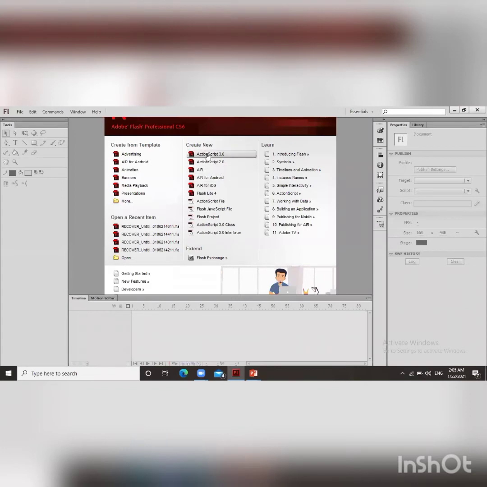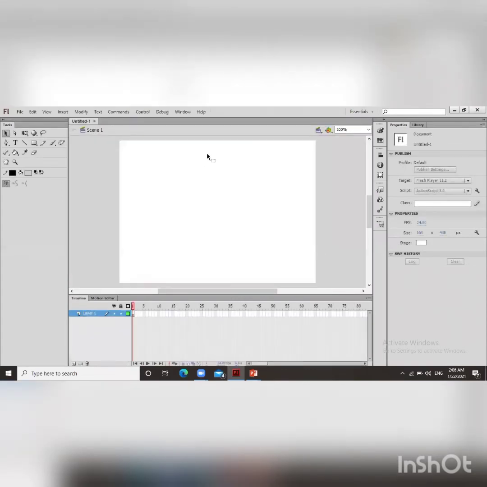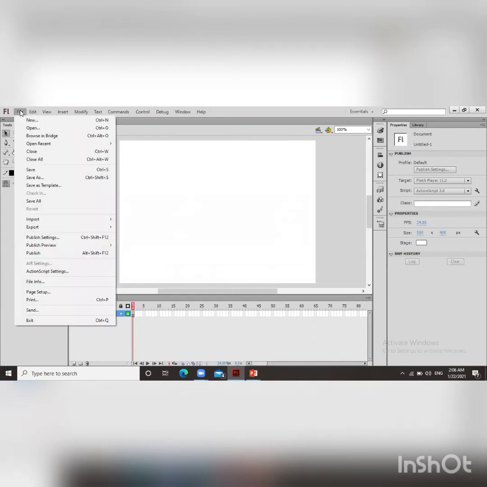Firstly, we create a new file by clicking on ActionScript 3.0, as we know. After that, I am making one object by using the drawing tools, and as I have already told you, we can import images also. To do so, click on the File menu, then click on Import, and from here I will choose the option Import to Stage.